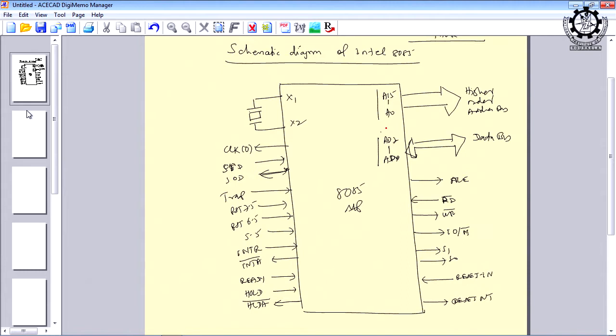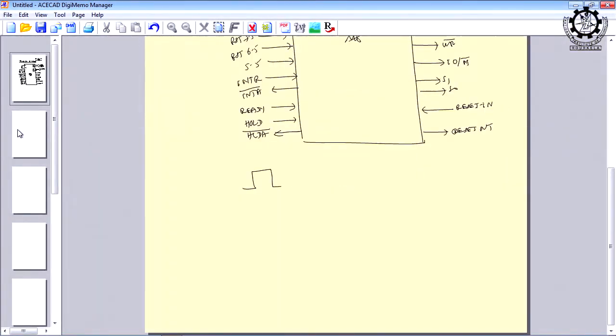For the 8085, there are 16 address signals, or address lines. Every line will carry a signal. Signal means you will understand it as 0 or 1, because these are digital signals, not analog signals. But in the true practical sense, it is an analog signal that is digitized. So, everywhere the signal is a square wave, or sometimes a rectangular wave, where there are two discrete states, a 0 state and a 1 state. Is it okay?